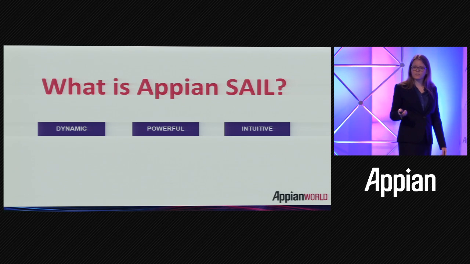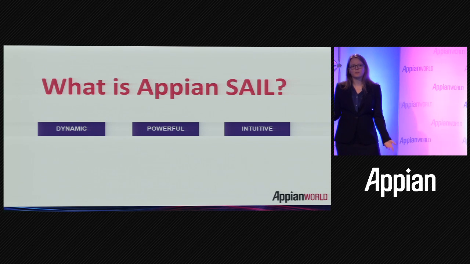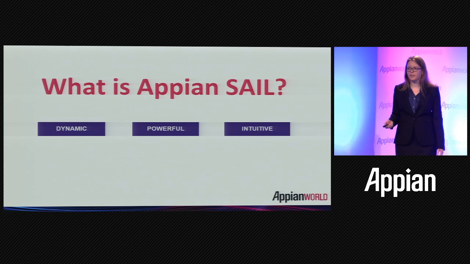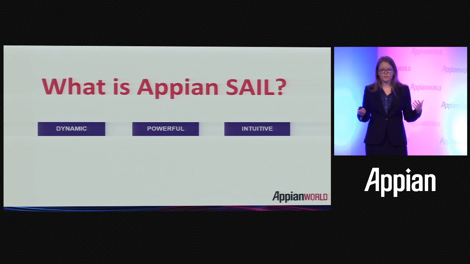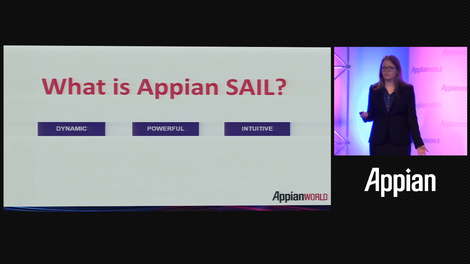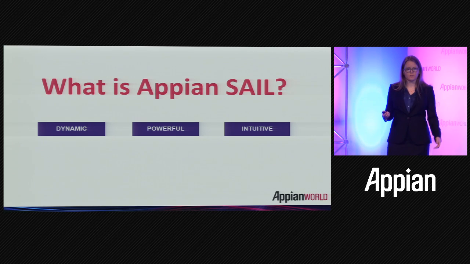So moving on to SAIL. What is Appian SAIL? SAIL is our cross-platform interface technology. It is the framework that powers the build once, deploy anywhere concept we've been talking about in this Appian world. That means you can quickly make powerful dynamic interfaces, your forms, your reports, your dashboards. You build them with SAIL, and they can do all the dynamic behavior you want, and they just work on